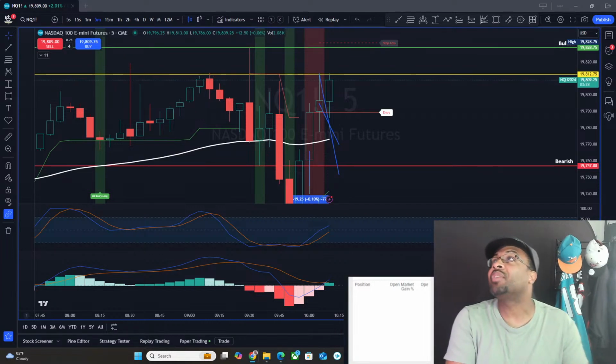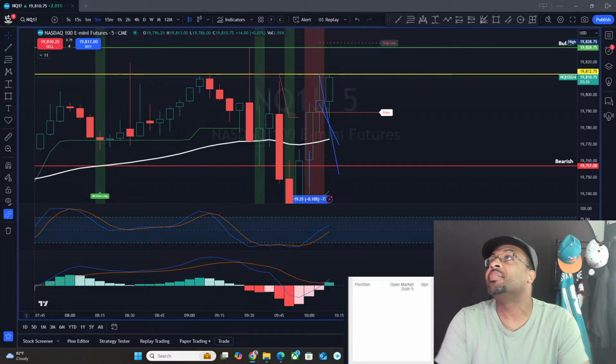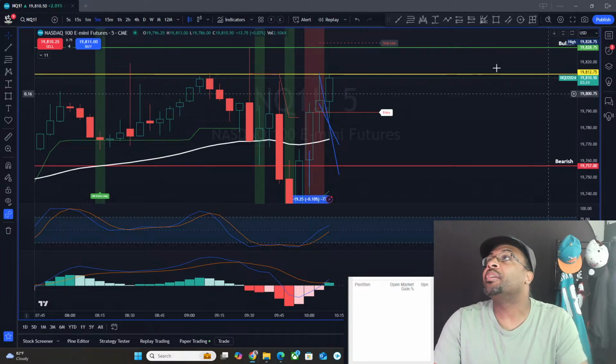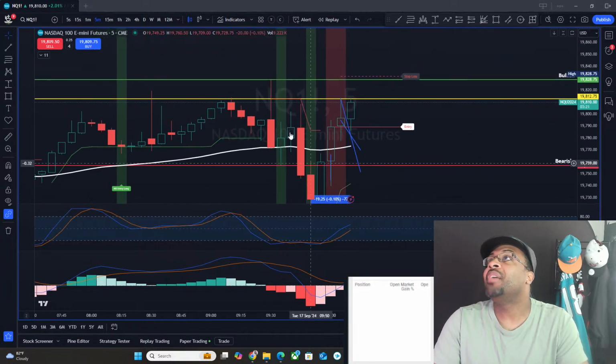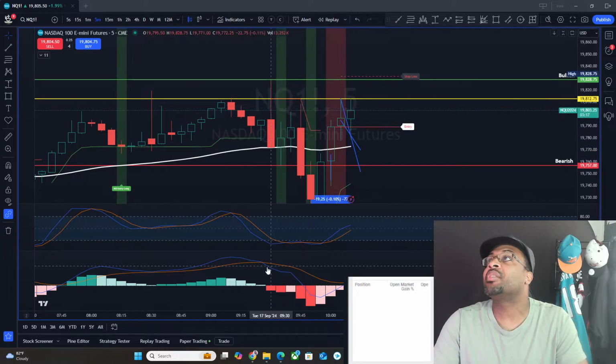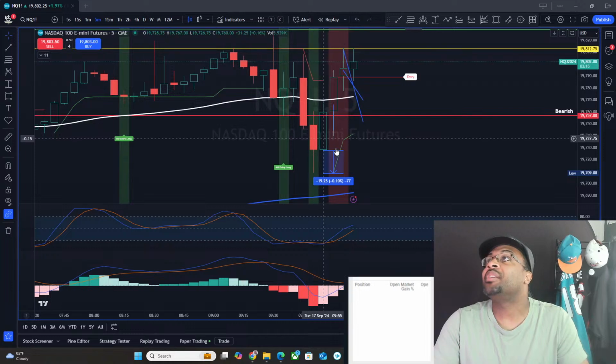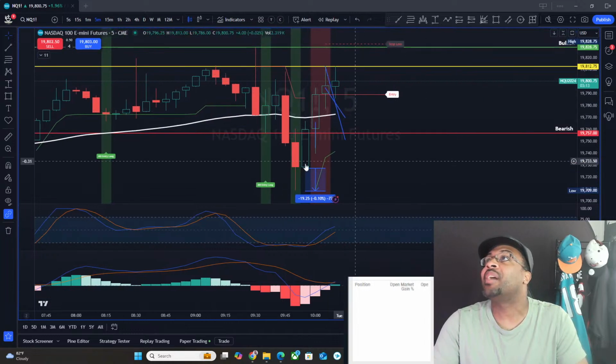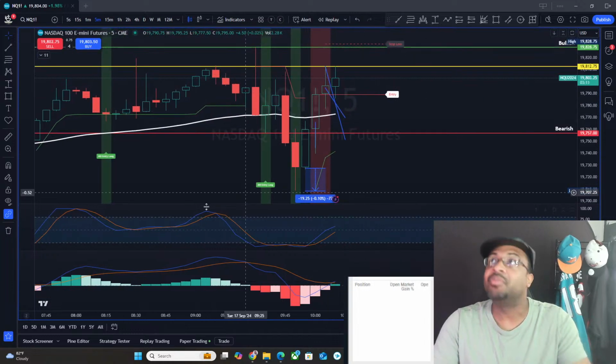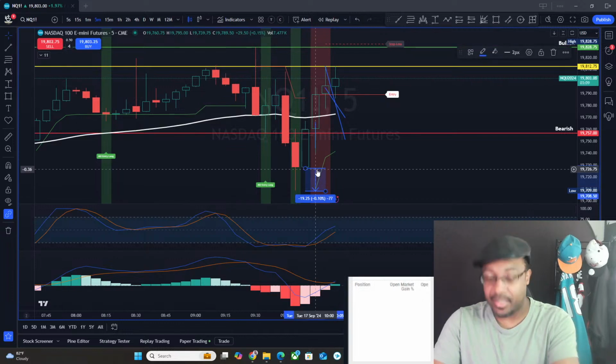Deuces. So we gave it 2 shots. I like to give 2 shots on some of these, but what I'm looking for is something along the lines of this one. You have a nice little push to the downside, build yourself a nice little base, and get some bullish momentum. Likewise here. So that's what I was looking for on the bearish side, but looks like the bulls are in control. The bulls are back in town.